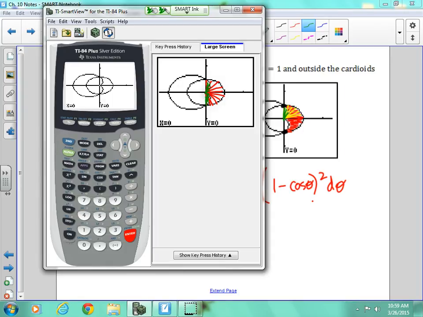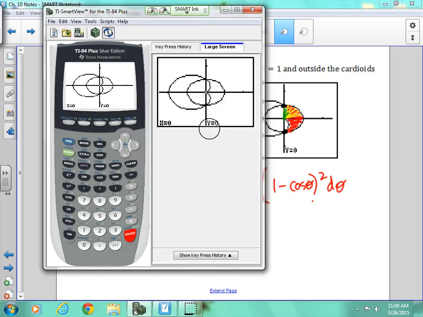The in-between. But there are two ways to do it. Because polar graphs are usually symmetric, since they're symmetric, I could go negative pi over 2 to pi over 2, or I could go 0,